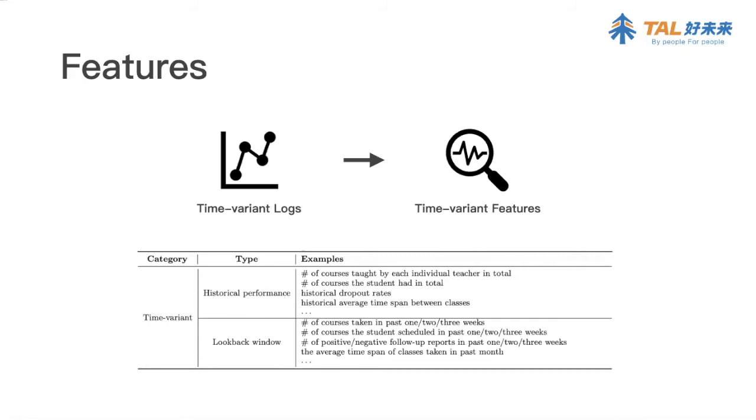The time-variant features are the ones that correlate with the students' dynamic behaviors. For example, most students may not tell us directly that they are currently dissatisfied with the recent course, but they may decrease the course arrangement for the next few days. Thus, by observing the changes in students' regular behaviors, it helps us know whether students have come up with some abnormal situations.